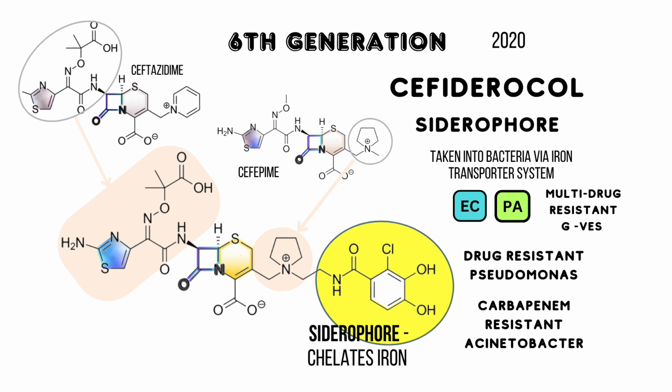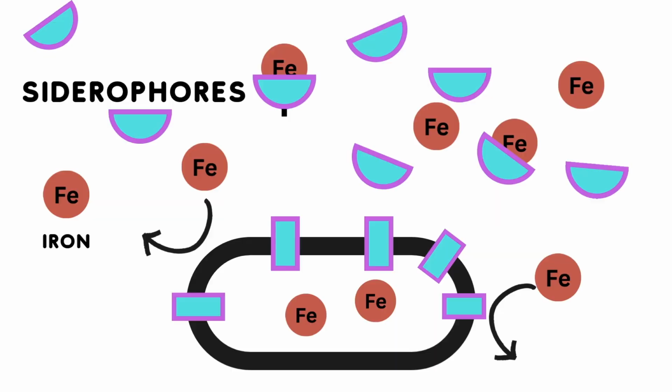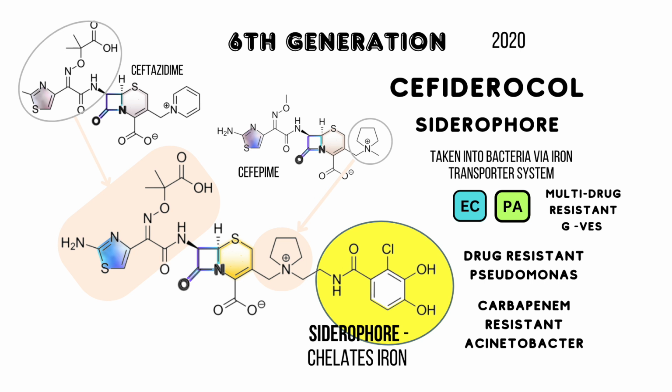The sixth generation cephalosporins are the latest generation, which came out around the 2020s, and feature a radically novel mechanism of action where the right side chain is a siderophore. Siderophores are molecules produced by microorganisms to bind to iron, which are then drawn back into the organism via siderophore ion channels, and this is how bacteria take in iron for their nutritional requirements. The main representative in this group is cefiderocol, which has the same left side chain as ceftazidime, and the siderophore side chain on the right.